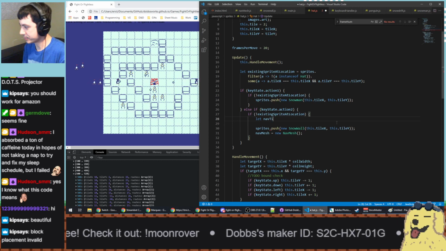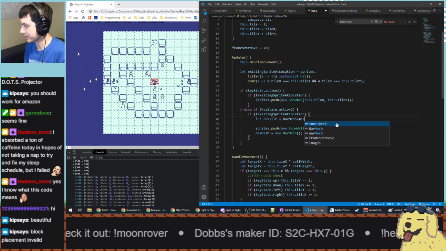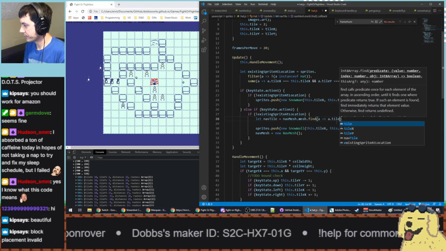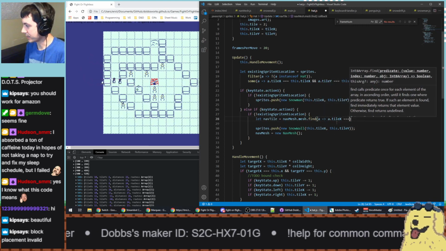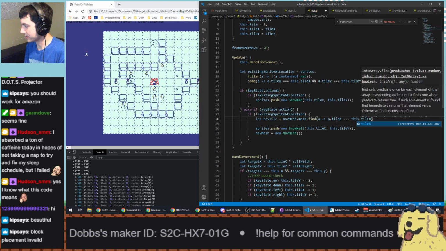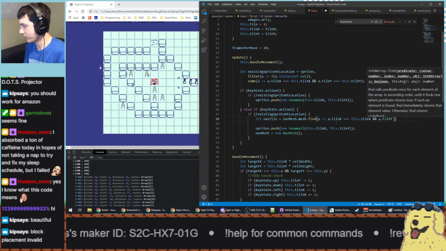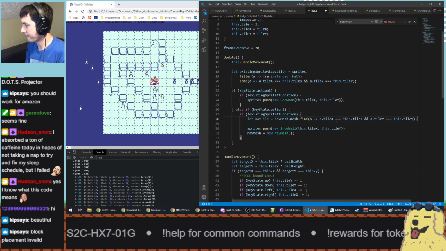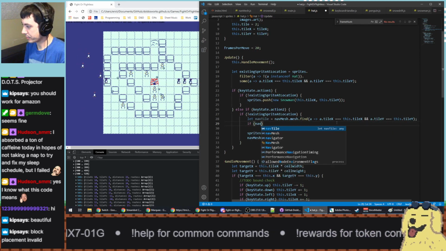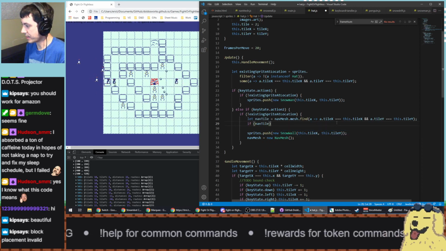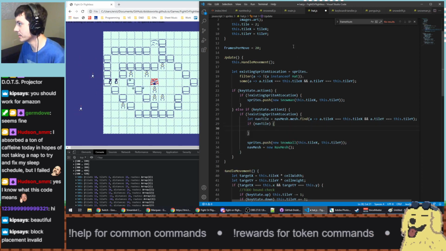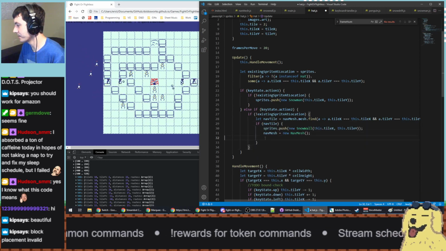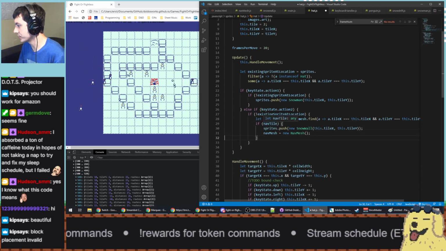Let navTile equal our navmesh.mesh.find, a.tileX equals this.tileX and a.tileY equals this.tileY. If navTile, which there better be a navigation tile, we can only do it if there is a tile there, and also